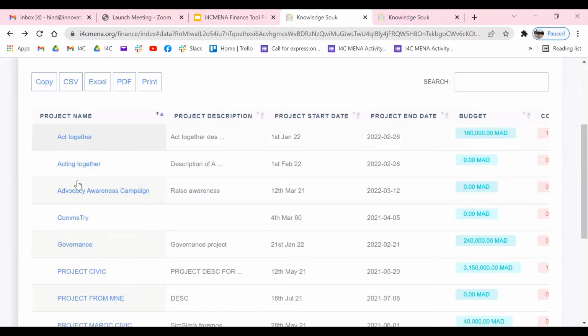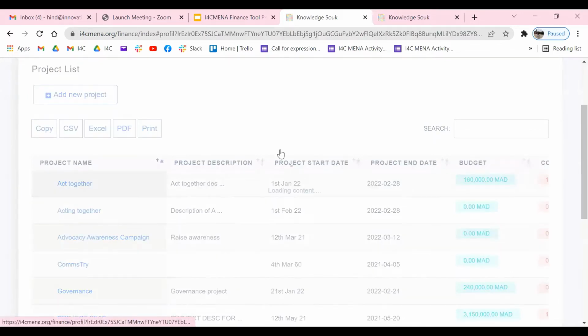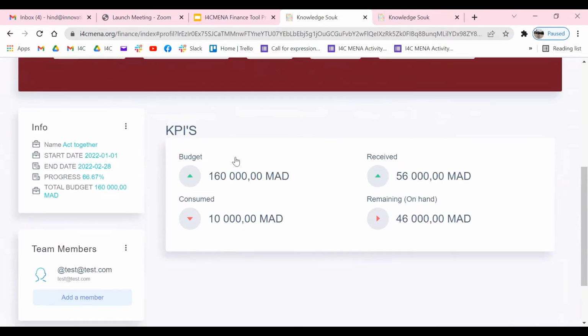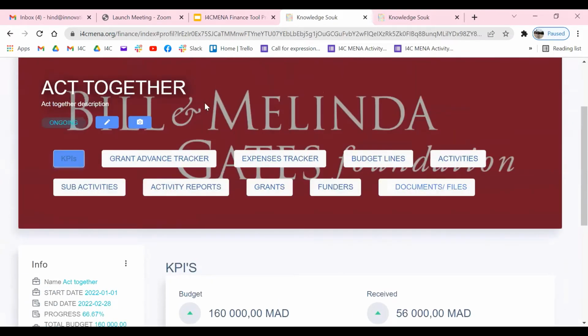So let's access one of them, for example, this one. For all the projects that you will record in the tool, they will have a specific page dedicated to its management.